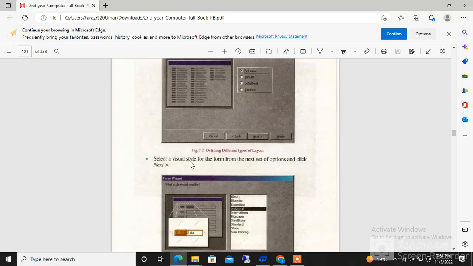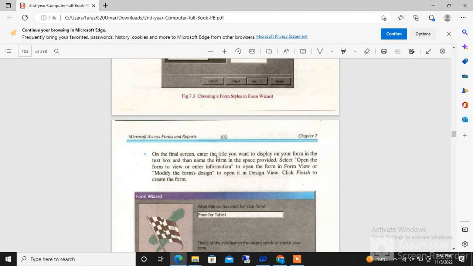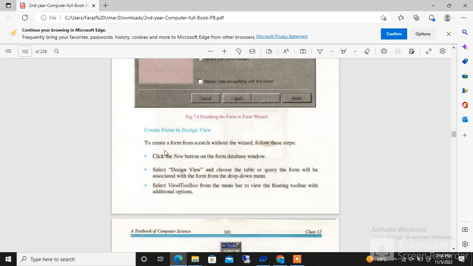Select a visual style for the form from the next set of options and click Next. On the final screen, enter the title you want to display on your form in the text box and then the name of the form in the space provided. Select Open the form to view or enter information to open the form in form view, or Modify the form design to open in design view. Click Finish to create the form. To create a form from scratch without a wizard, follow these steps. Click the New button on the form database window, select Design